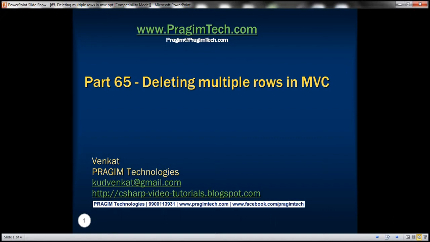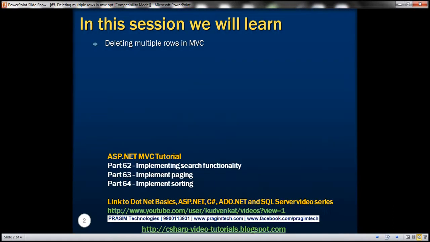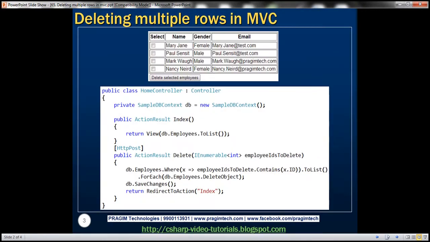This is part 65 of ASP.NET MVC tutorial. In this video, we'll discuss deleting multiple rows in an MVC application. We want to provide a checkbox control next to every row. This enables us to select multiple rows. Once we have multiple rows selected, and then once I click this button, we want to delete all the selected